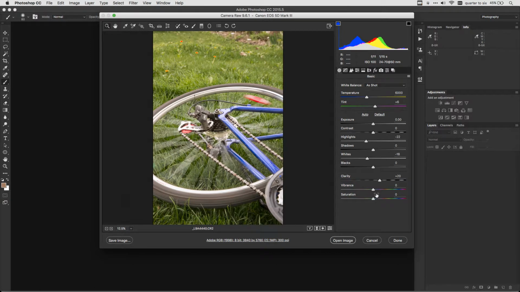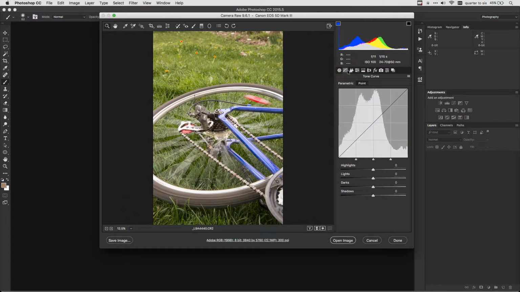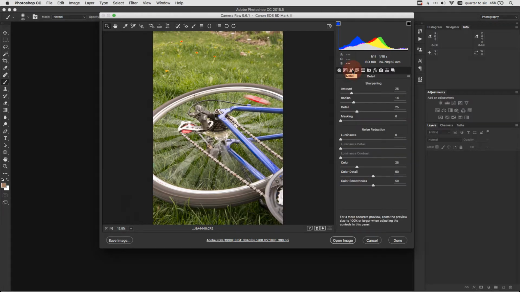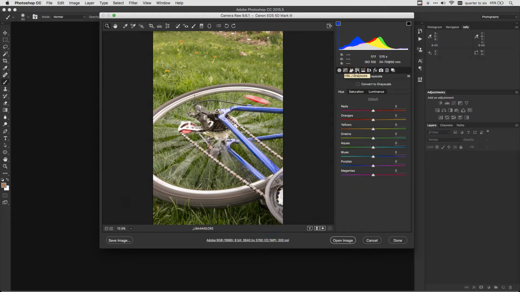Vibrance and saturation will affect the color. You also have the ability to change your white balance here. If, for example, you shot in the wrong white balance, you can change it here. You do have a tonal curve, just like in Capture One as well. And then of course we can sharpen, we can convert to black and white here, and you have the similar colored channels, except you have a few extra weird ones like aquas, oranges, and purples, which is unusual,